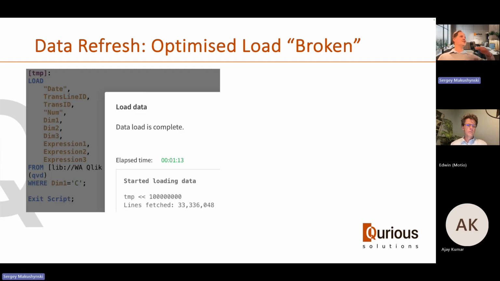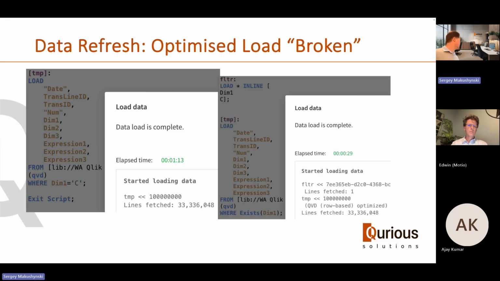So basically it jumps generally 2 times or more. In real life, it jumps even more. And you loaded only a third of the data set in this instance, but you spend twice as much time. Yeah, it's not good. So how to fix it is we can always preload this data set in an